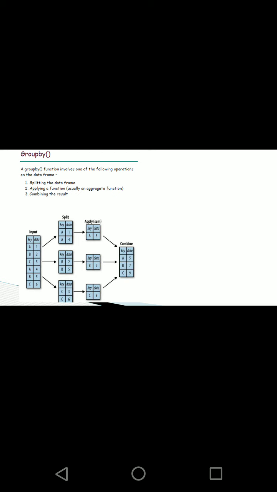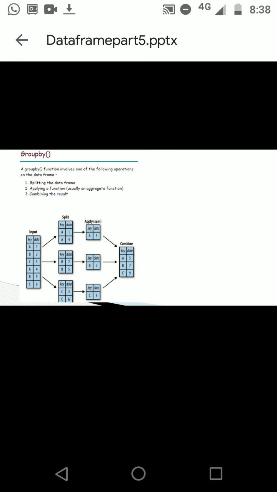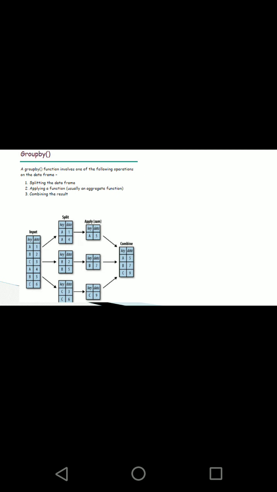So what actually happens here is a group by function is done, and after the grouping, an aggregation function, whatever aggregation functions that we have learned till now, is actually calculated. Maybe a sum, maybe a count, maybe a variance, maybe a min value, max value, anything. Any aggregation function can be applied along with the group by function, and then the result will be shown along with all the groups. So we'll see some more examples. So the function used is group by function only.